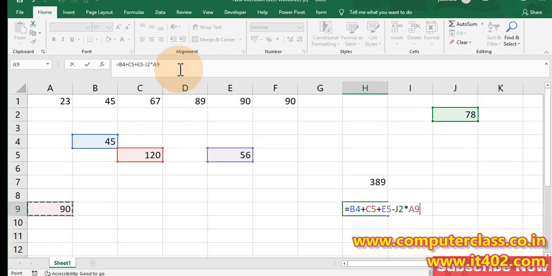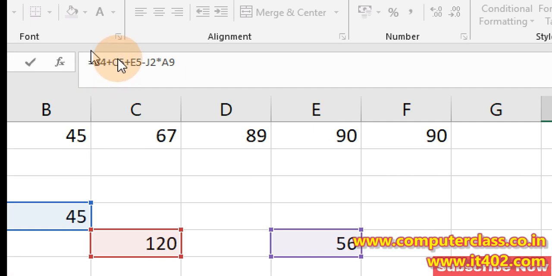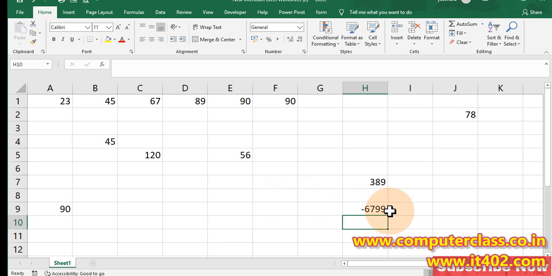For example, the formula B4 plus C5 plus E5 minus J2 multiply A9. Without any problem it will give us the result. So this is how we can do the calculation.